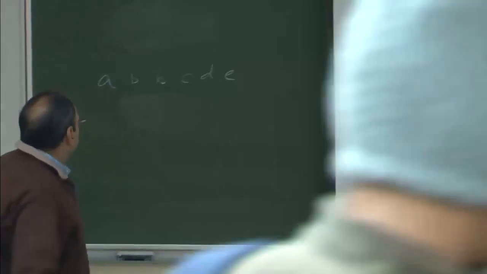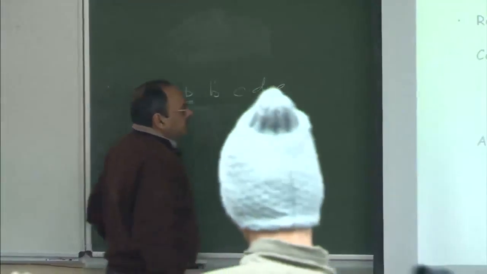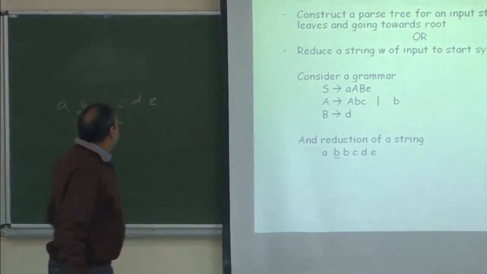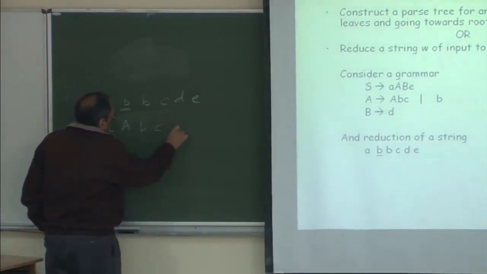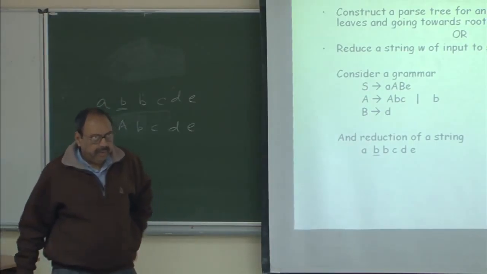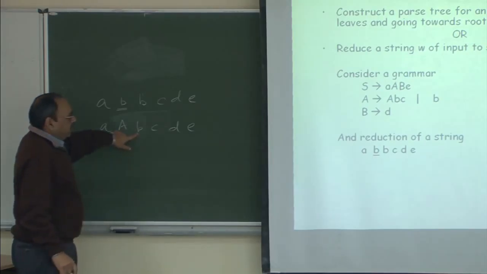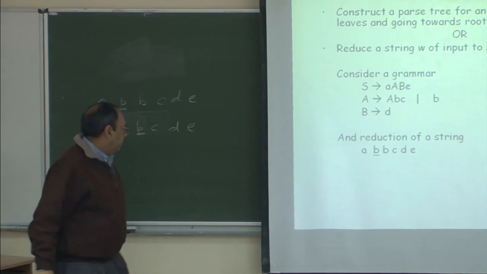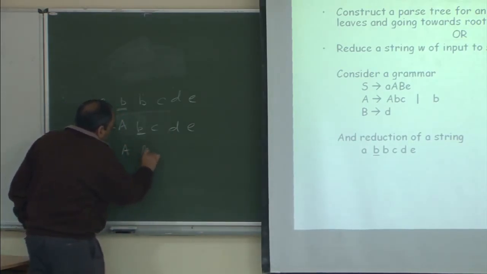Right? So the first thing I do is I say that here is B, which matches the right hand side of a production which says A goes to B. So I replace this by A, and after reduction, my string becomes, now this becomes a sentential form. Now again, I look through this and I find there is another B. So I just go ahead and try to replace that by its left hand side. And when I do that, I get